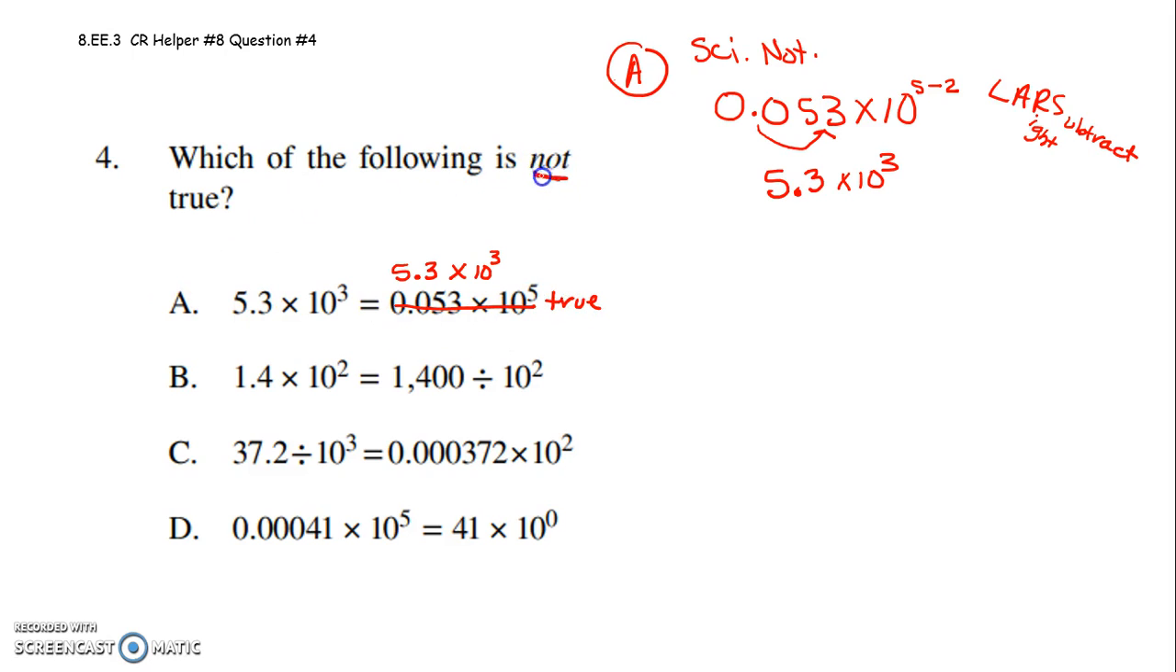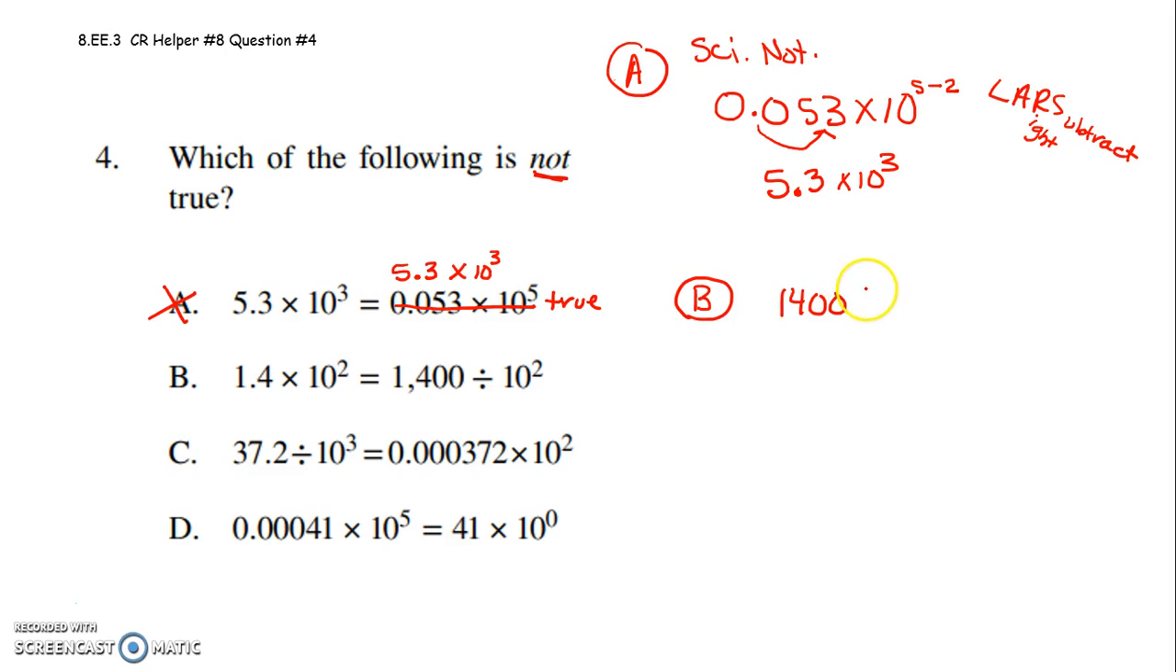All right, I want the one that's not true. Okay, this side matches this side. So now here's what I might do for the second one. Maybe for the second one, I am going to rewrite this part in scientific notation. So for letter B,